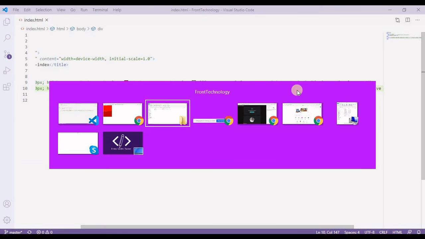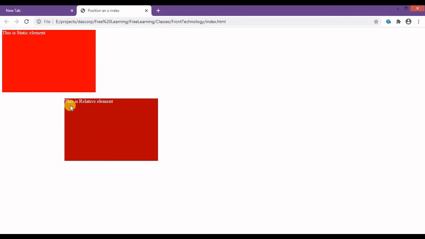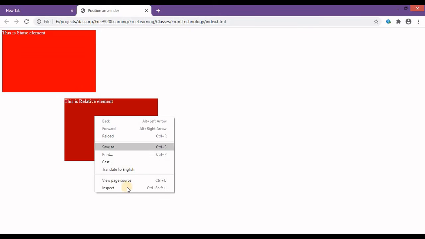Now let's go back to our browser and refresh it. As you can see, it is having a left value, and although we have not provided any top value over here, it takes some margin in this area. So why this margin? Let's check.